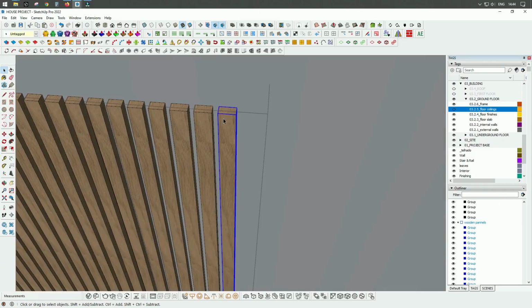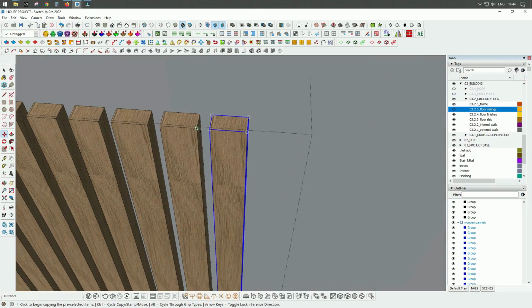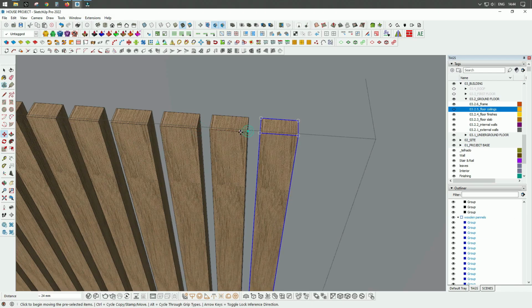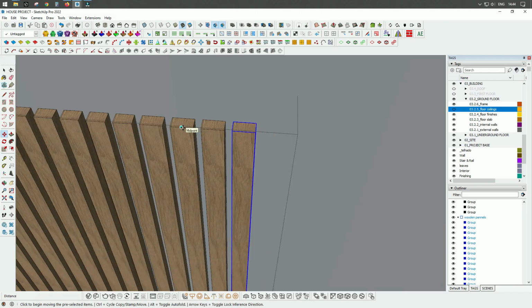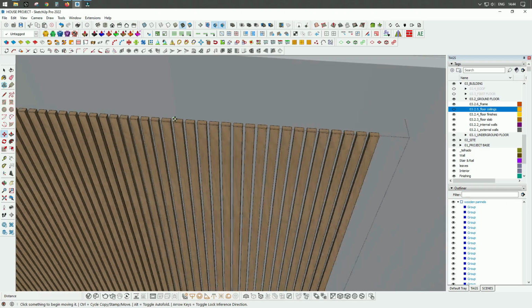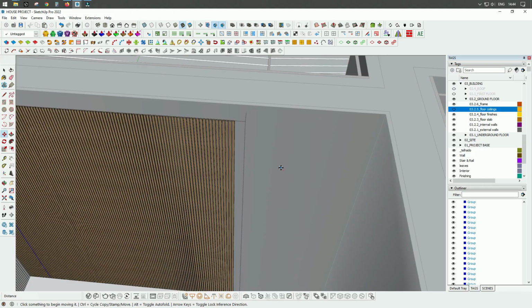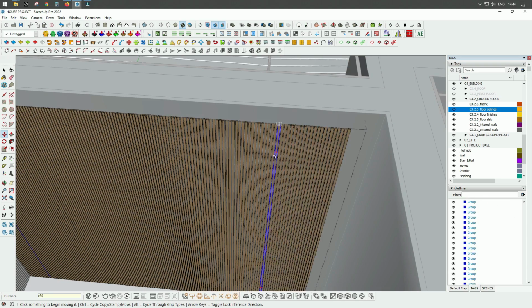So move in copy mode times by 15, times by 25, it's not enough, by 50 or by 60,